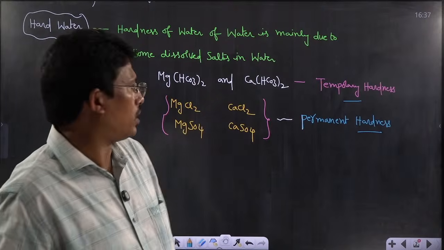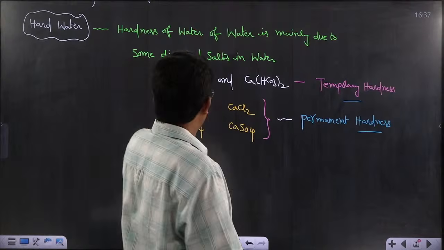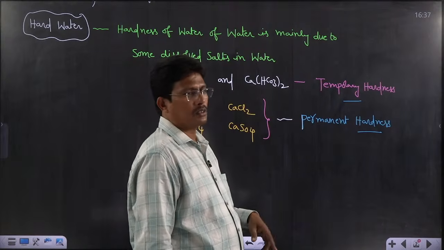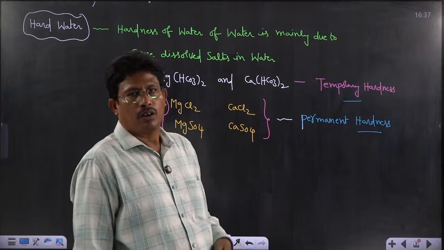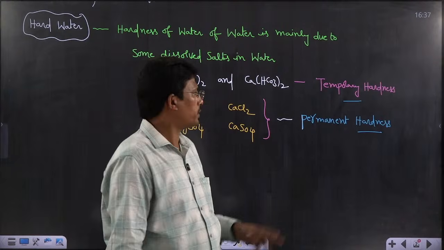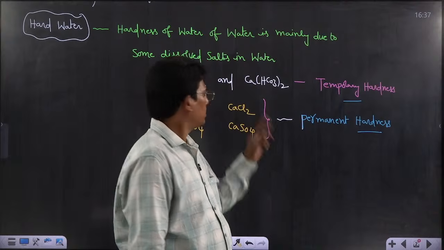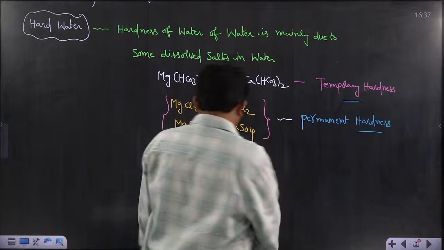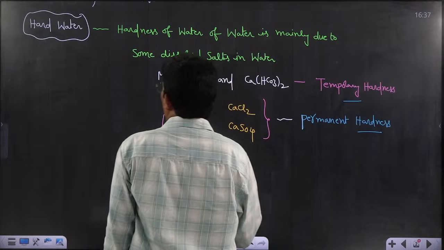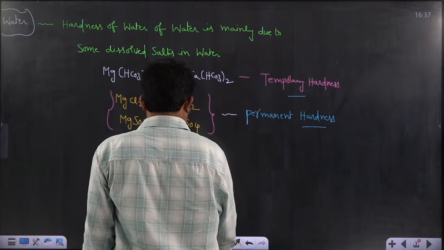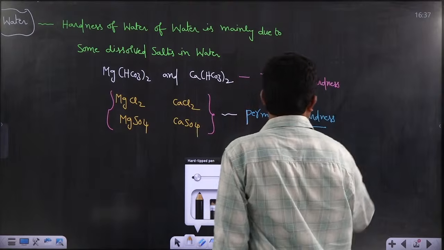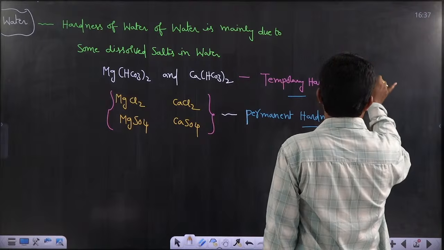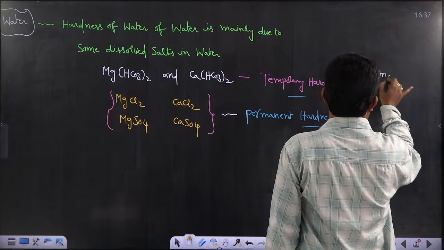During boiling of hard water, the bicarbonates in hard water decompose and convert into carbonates in the form of precipitate. They are removed by filtration. That's why temporary hardness is removed easily. Simple technique, boiling. Two methods are there to remove temporary hardness, boiling. One more method is